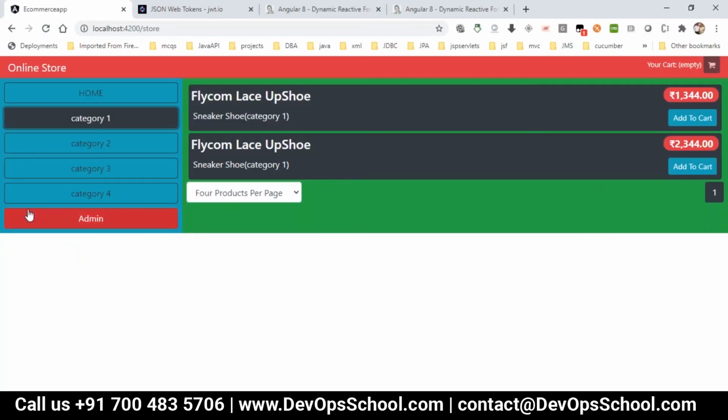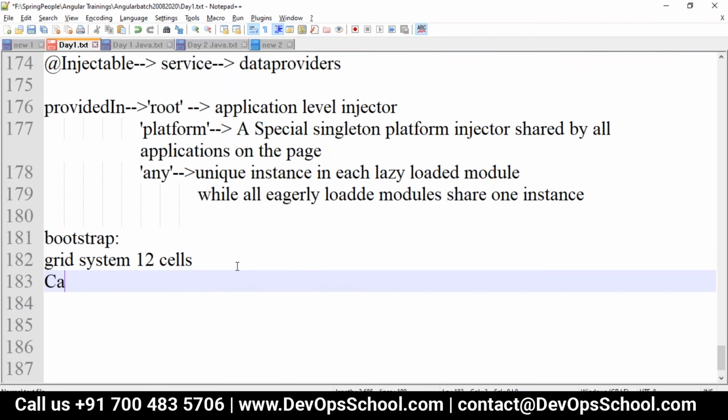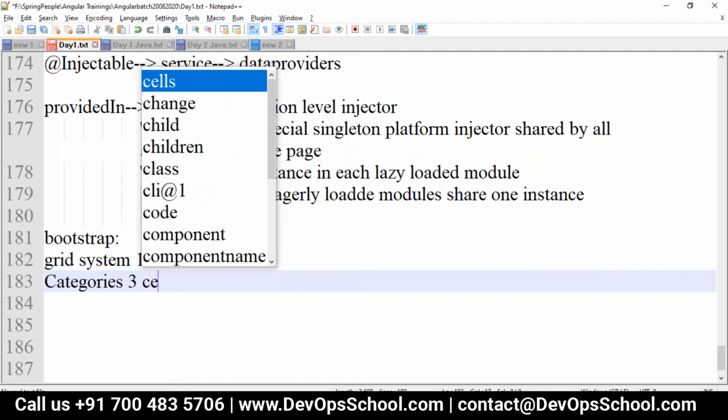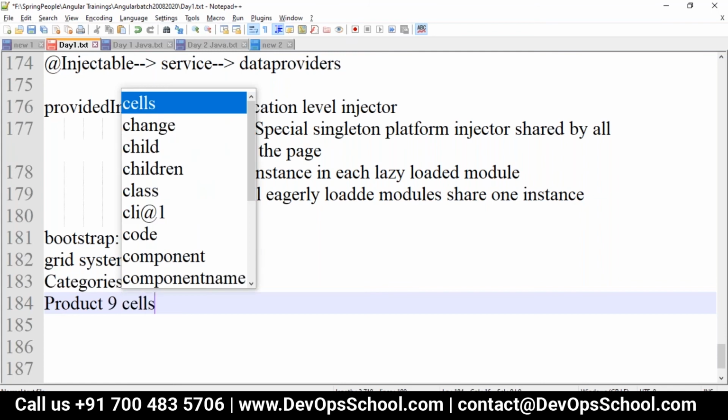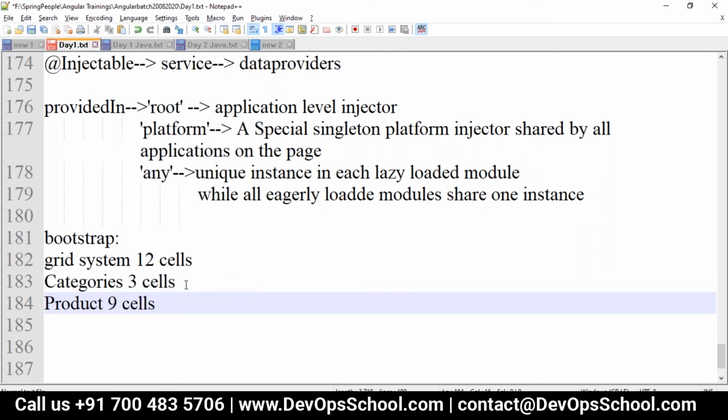So this total page will take 12 cells. I want to divide this, with categories taking 3 cells and the remaining 9 cells for products on the right. Categories should be on the left and products on the right. So we want to divide our screen into two sections, categories and products. Categories should contain 3 columns, and products should contain 9 columns.